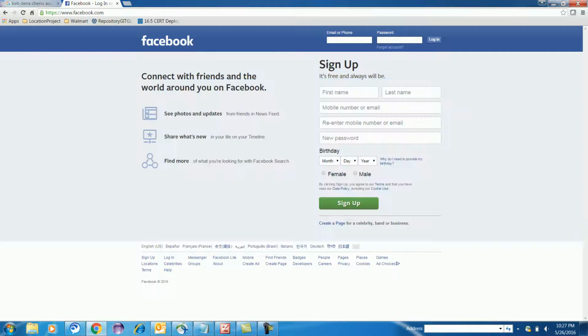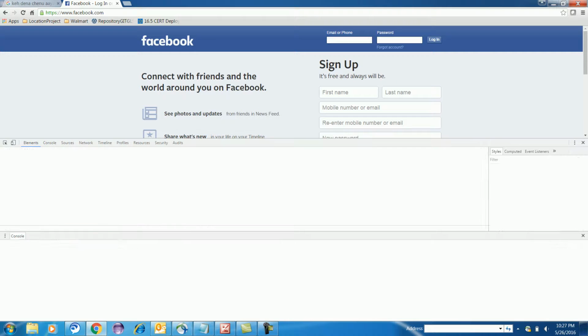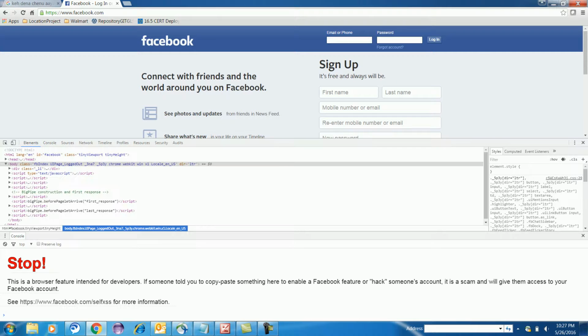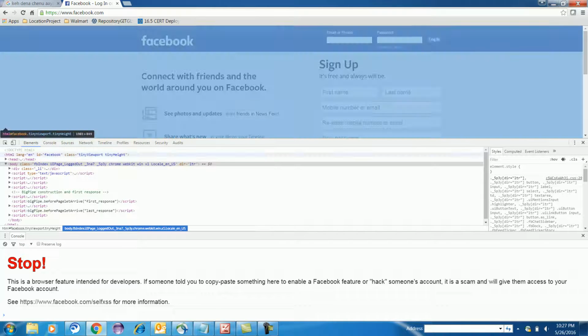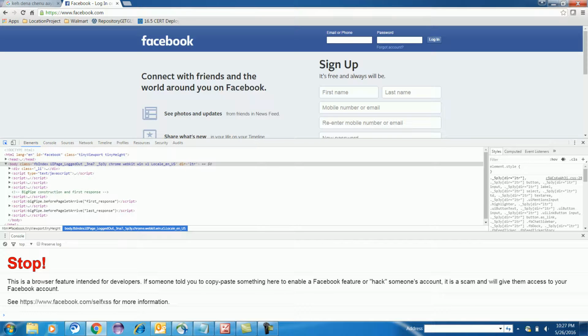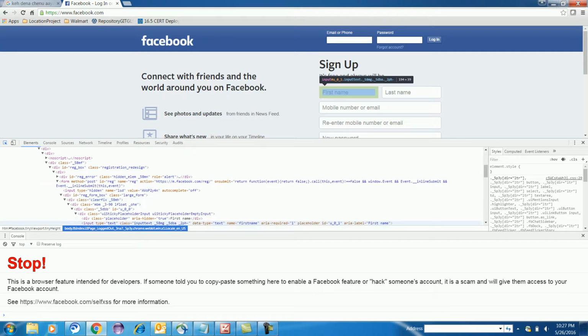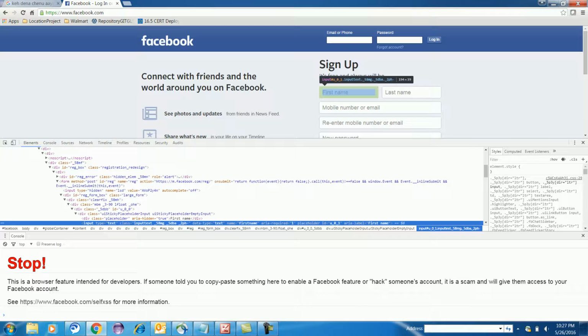To understand that, just open the Chrome console. I'll press F12, and it will open the Chrome console. Here I will mouse over on the first name, and we have the object of the first name. But my intention is to teach you how to use the child elements and how to use the descendant and ancestor, right?